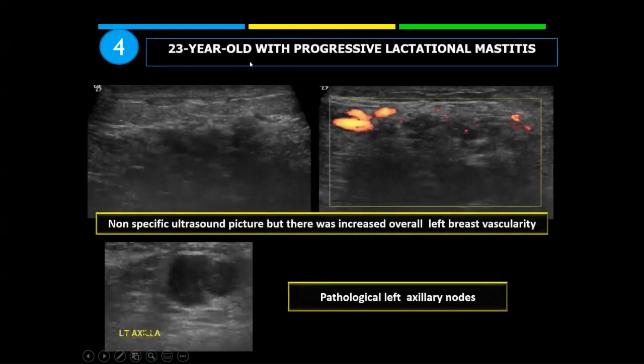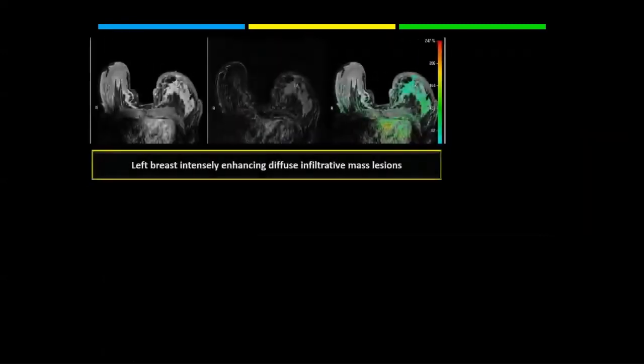This is a 23-year-old female. She had this appearance in her breast, and she had pathological axillary lymph nodes. Actually, when she came to us, she had already received multiple courses of antibiotic therapies, and that's why we sent her directly to an MRI. Before sending her, we thought it would turn out to be a granulomatous mastitis, but unfortunately,